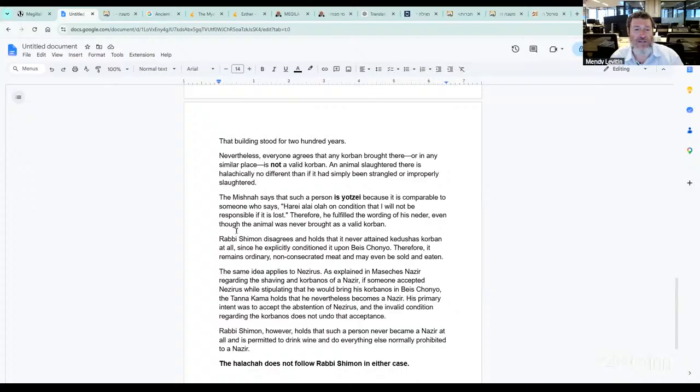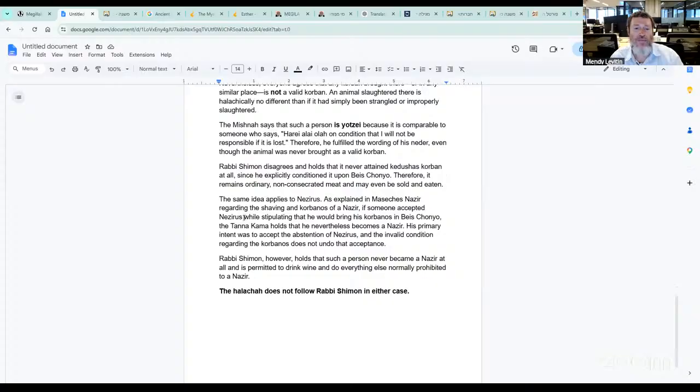Okay, that law is connected to the laws of vows. Rabbi Shimon disagrees and holds that it never attained kedushas korban at all, since he explicitly conditioned it upon Beis Chonyo. Therefore, it remains ordinary, non-consecrated meat, and may even be sold and eaten. It's not holy at all. The same idea applies to the Nazir. Okay, from here, so this is the law of